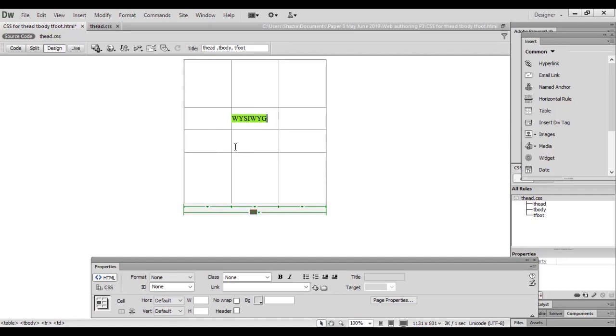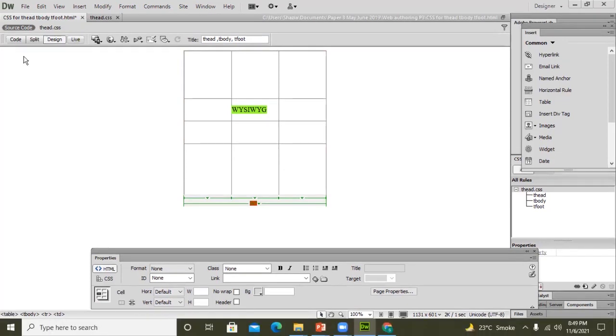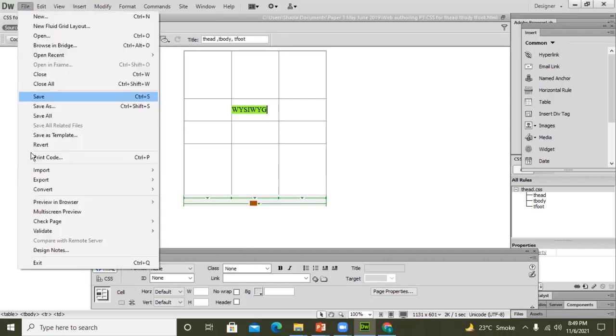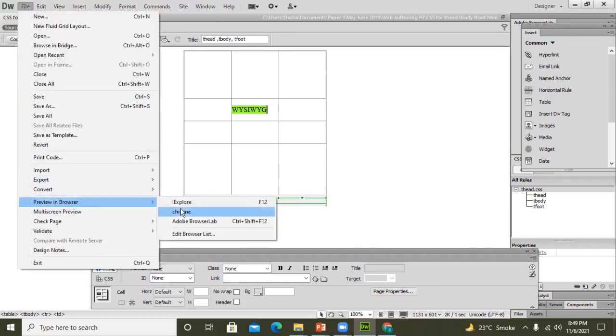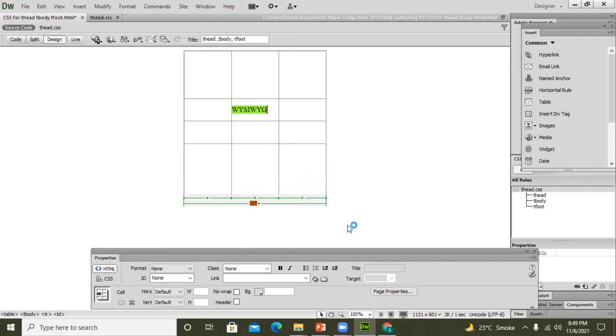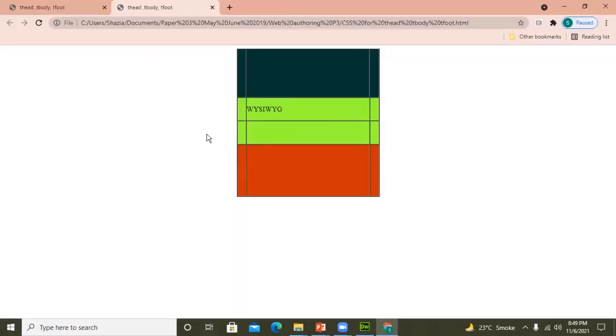But as I view it in the browser, it shows the result here. Just save it and view it in the browser. This is my browser view.